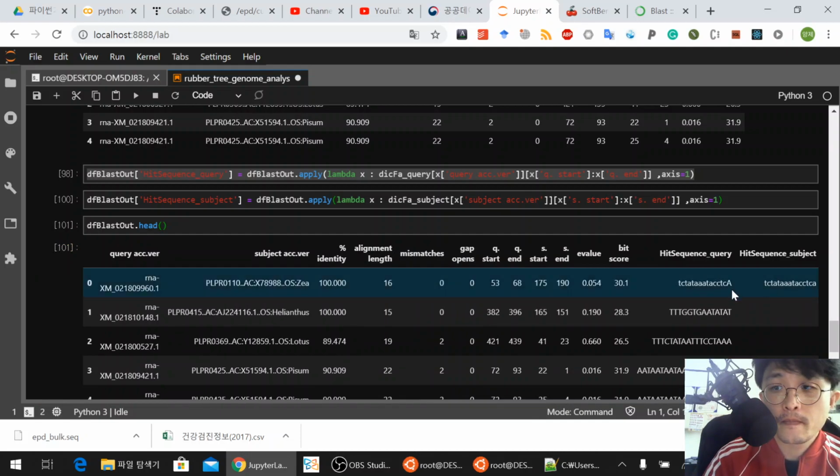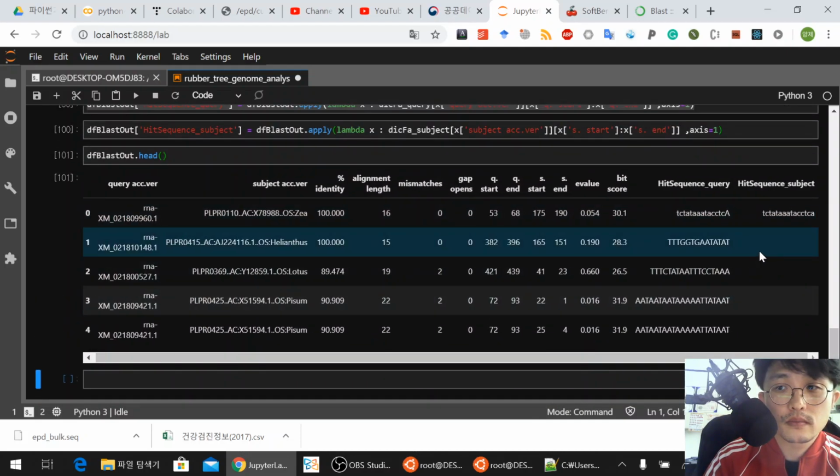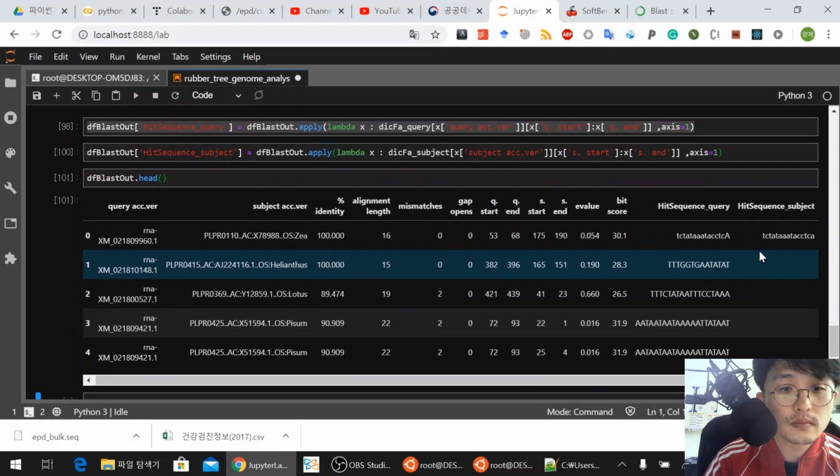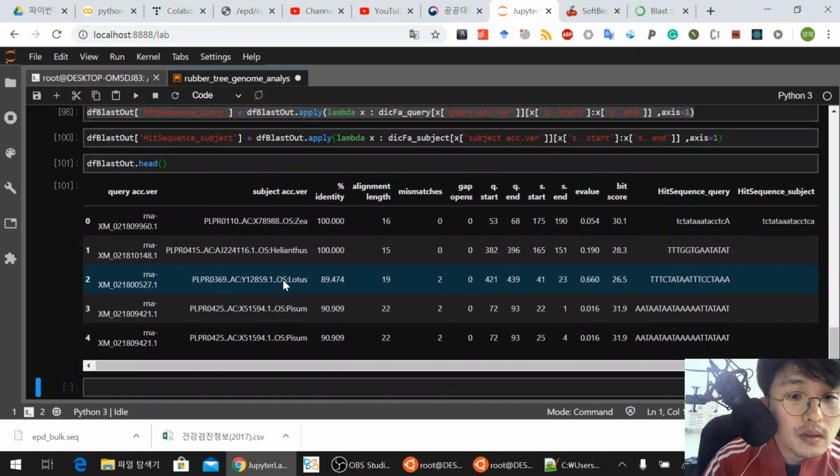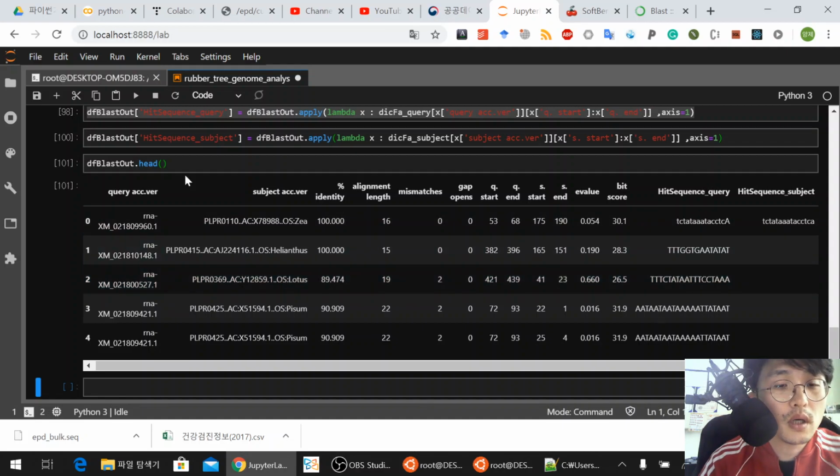Okay. In this case, this is weird. I will check why it doesn't have any sequences here. Because it is reverse complementary. I don't think it gives reverse complementary. So